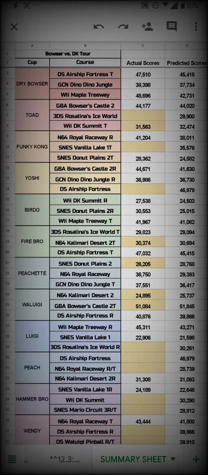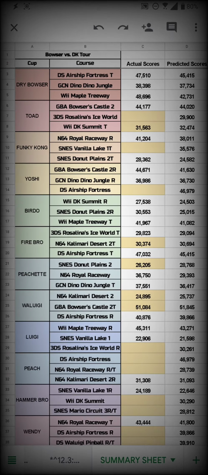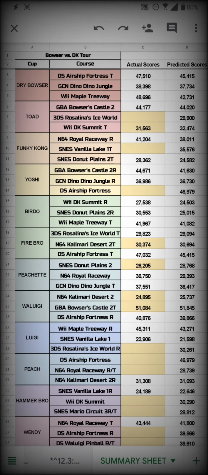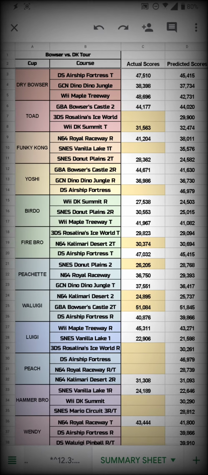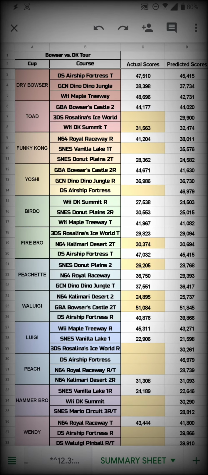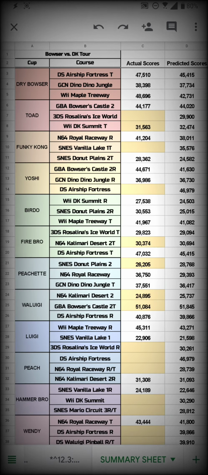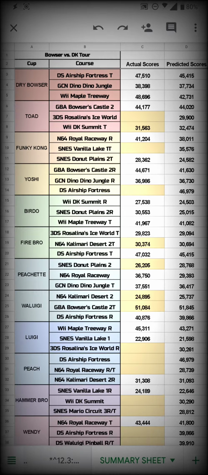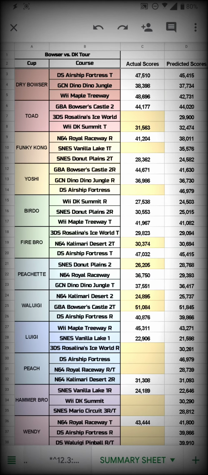So, I was thinking, do I have what it takes in my loadouts? What about the courses that I'm a little bit weaker in? What's it going to look like? A couple videos ago, I had mentioned that I made kind of a mega Mario Kart predictor score calculator,